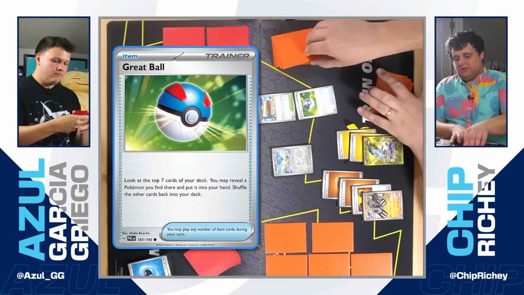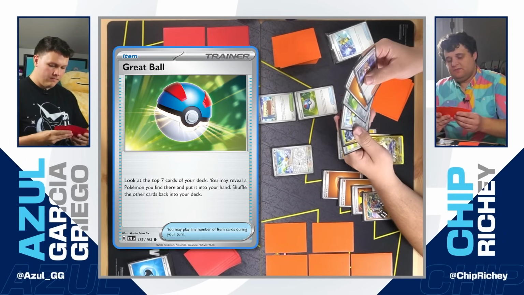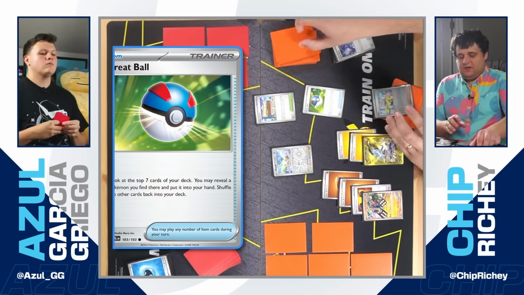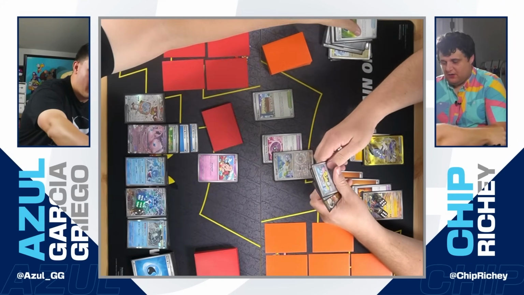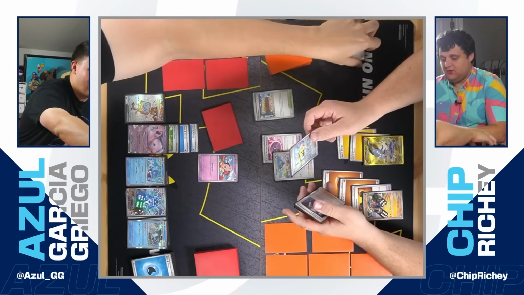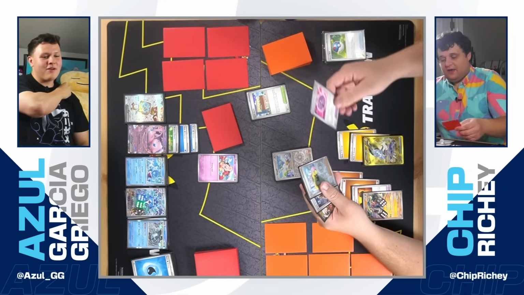I'll use Great Ball to look at the top 7 cards of the deck, reveal a supporter I find there, put it in my hand, and I'll grab Iono and put it in my hand. I will attach a Technical Machine Devolution to my active Wingull. Wait, how'd you get the Iono? I'm tripping. Dude, I'm tripping. Holy cow. Did you have a Pokegear? No. Oh, you played Great Ball and got...